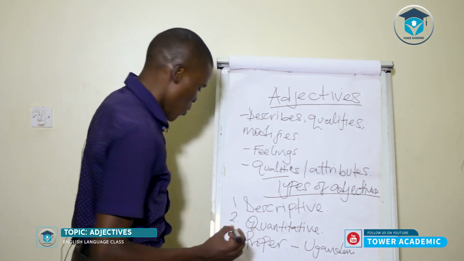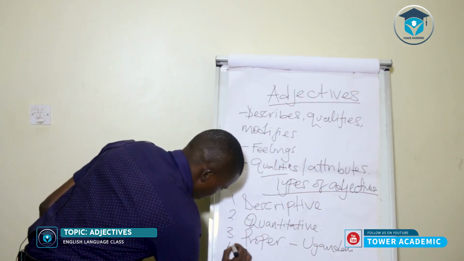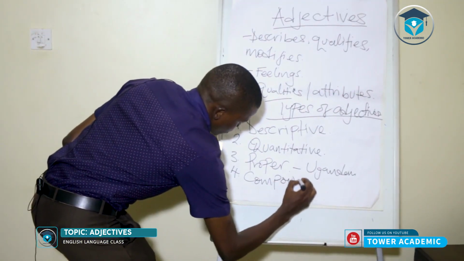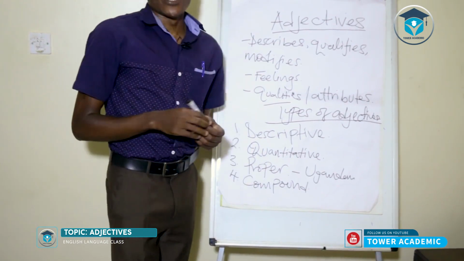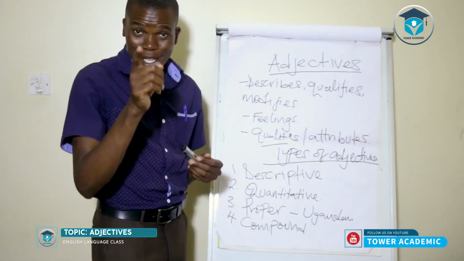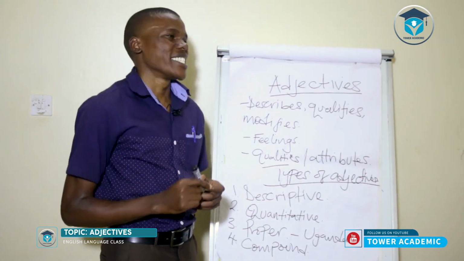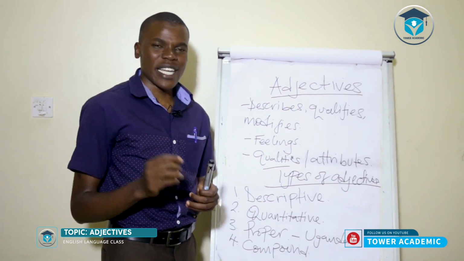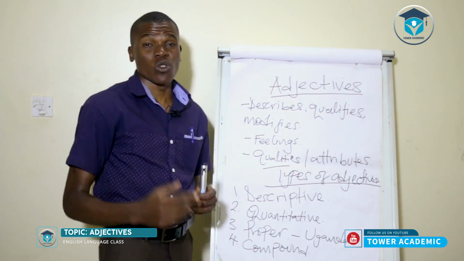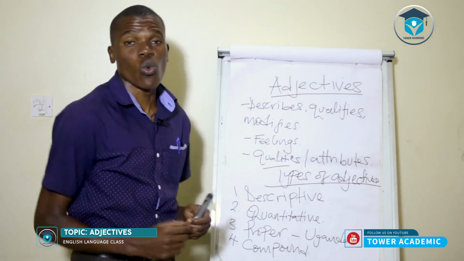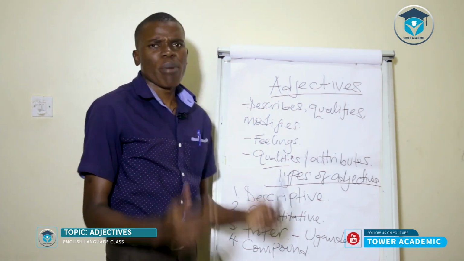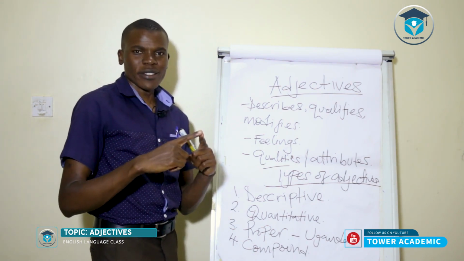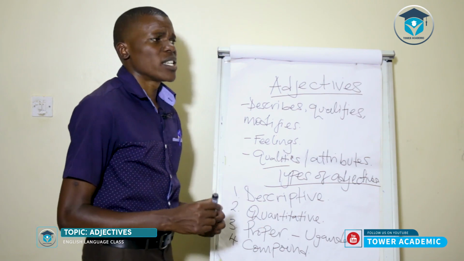There are also these that we call compound. Tell your neighbor, compound. A compound adjective is one that is made up of more than one word, not just one. It has to be probably two words. So when we talk about a compound adjective, it is a word that describes, but it is a two in one. There is that bit of connection. So we were looking at a word such as, for instance,